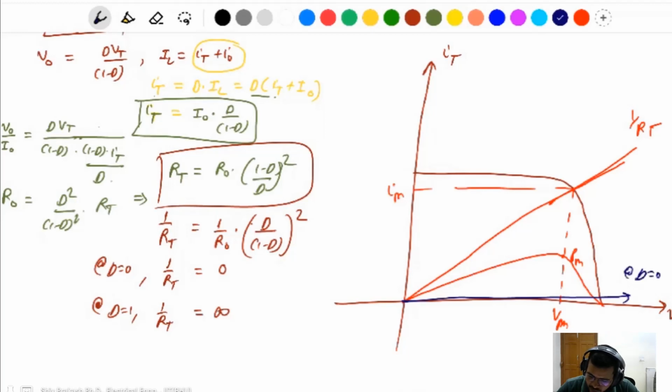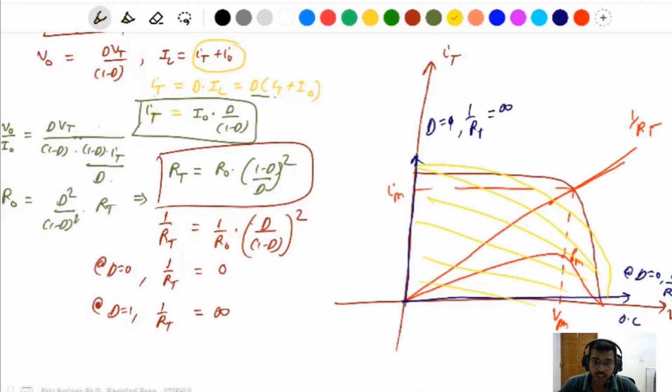Here D is equal to 0, 1 by RT is equal to 0, open circuit, and when D is equal to 1, 1 by RT is infinite, meaning short circuit, this line. And for the buck boost converter, you can see here, the whole region will become covered